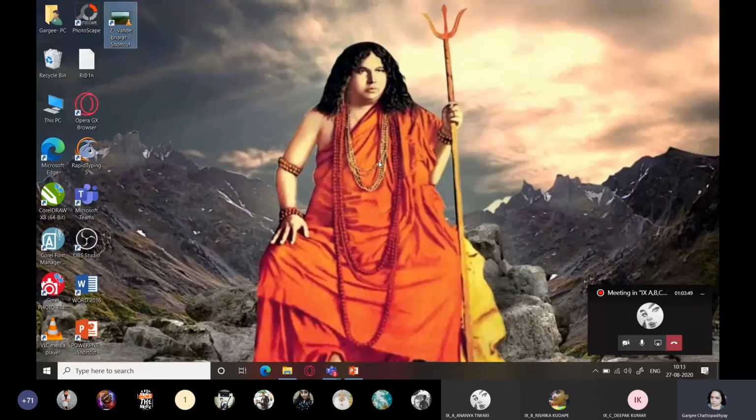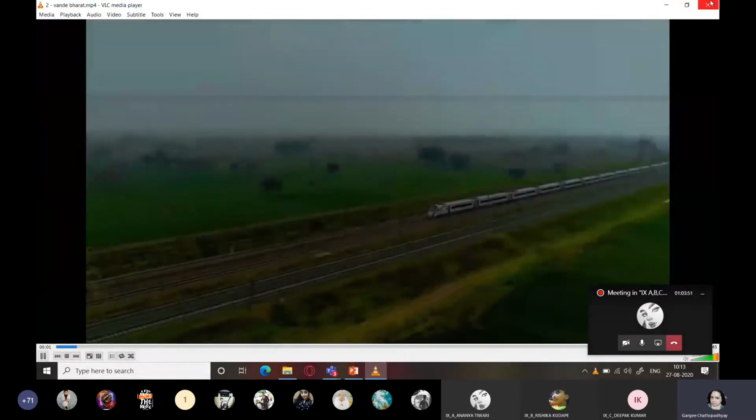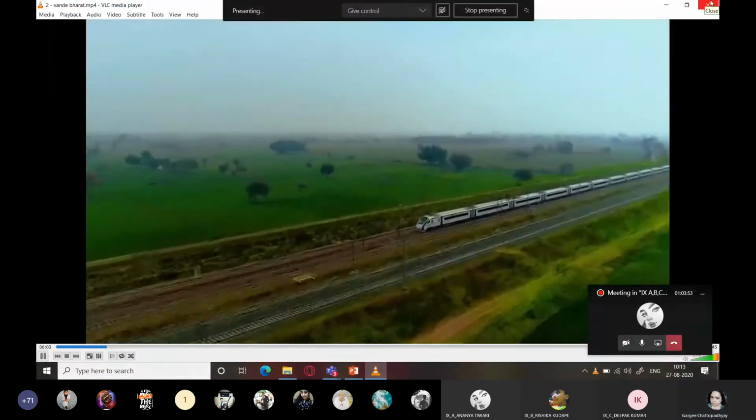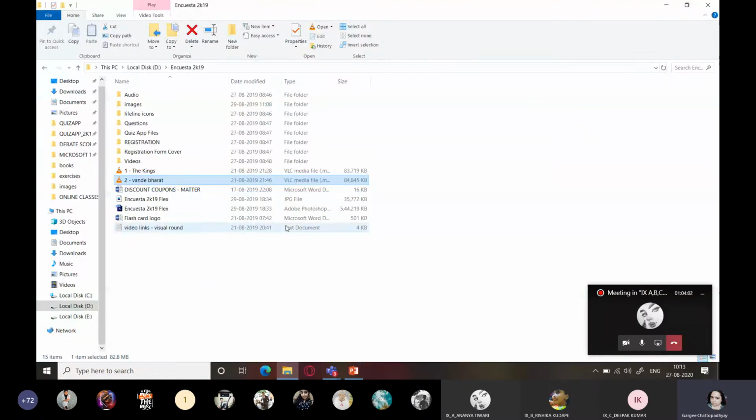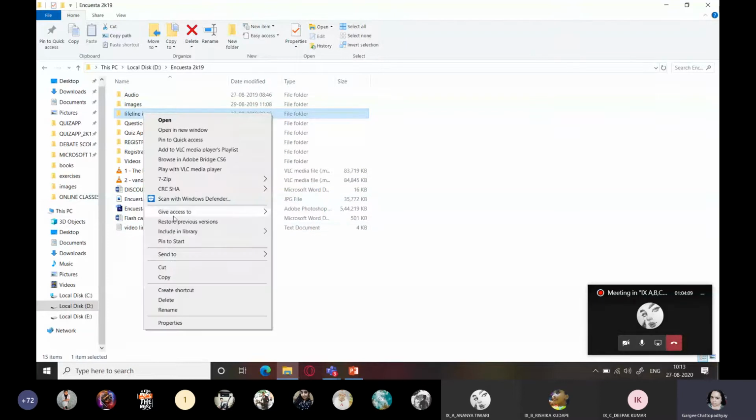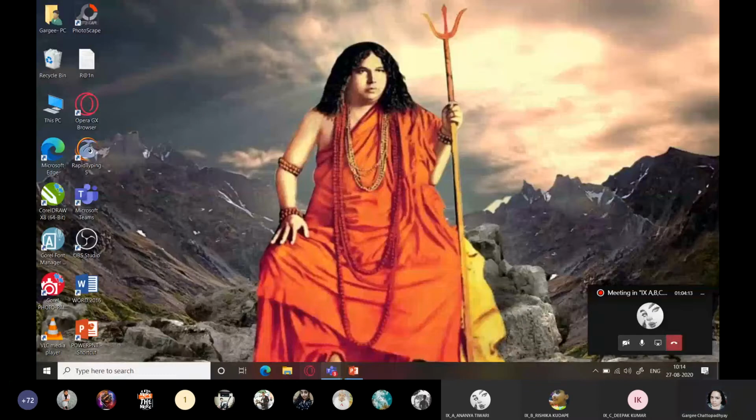It will open my file. So it opens the appropriate file. Understood? So this way I can not only create shortcuts to application programs, but also to files and folders. So here also right click, Send to Desktop, create shortcut, and you can create a shortcut.